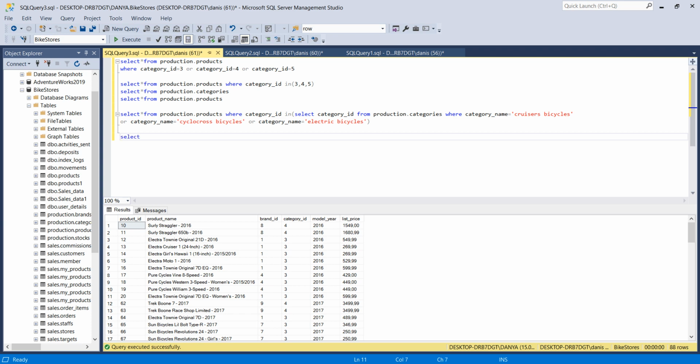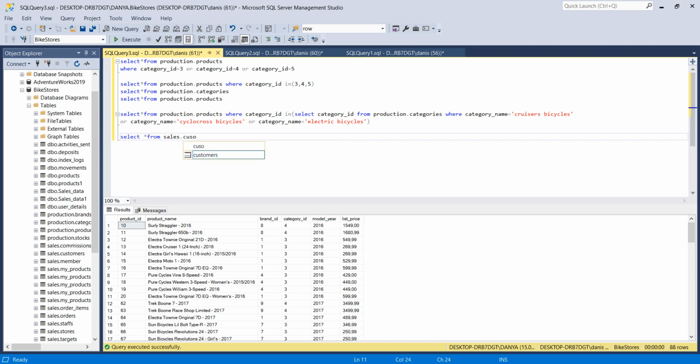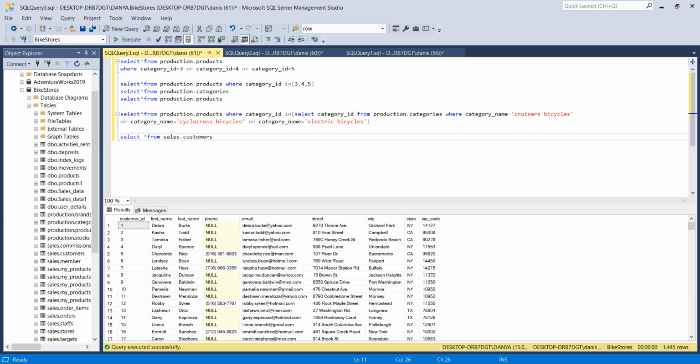So let's dive into the sales.customers table and select from sales.customers. So this is my table. I'm going to work on this table using LIKE. So let's say I'm going to retrieve data where first name has the 3 letters in the same line, DAC, and I'm going to order it by length of the first name in descending order. So select asterisk from sales.customers, and then where